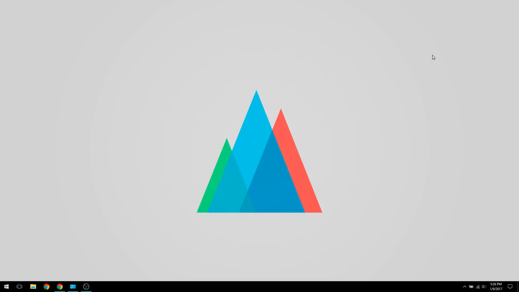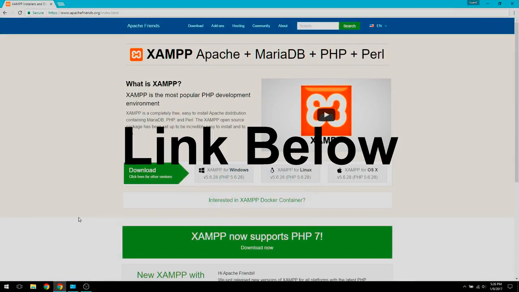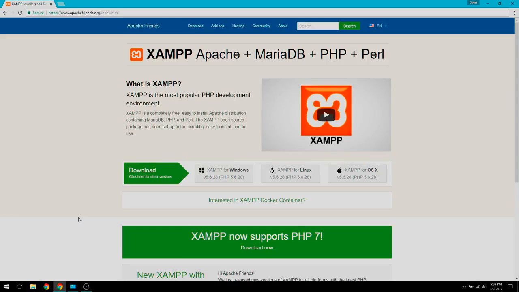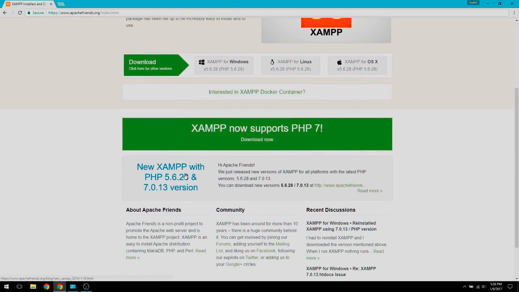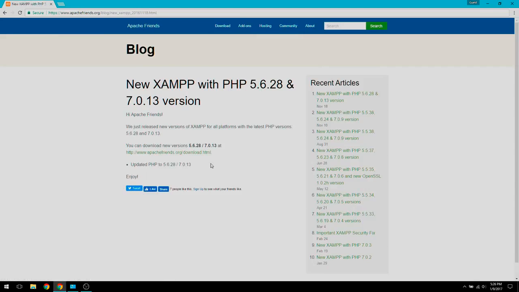So to get started, we're going to go to apachefriends.org, and you're going to go here. And what you're going to do is go to the newest XAMPP download, which is right here. New XAMPP with PHP 5.6.28 and 7.0.13 version. So we're going to click this, we're going to go here, and we're going to download by going to this